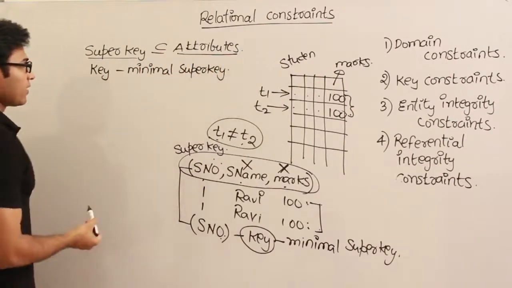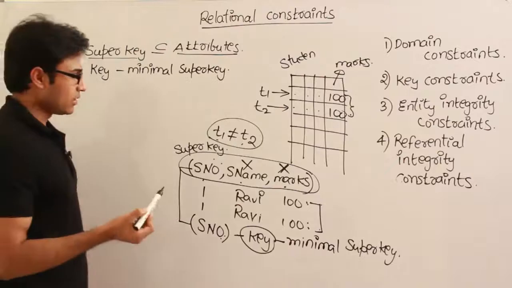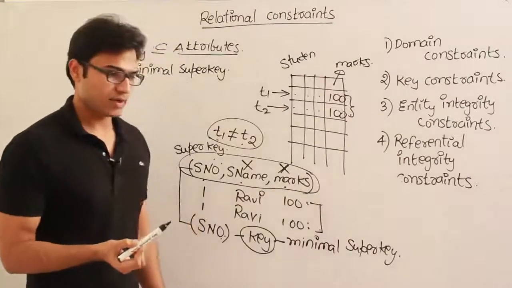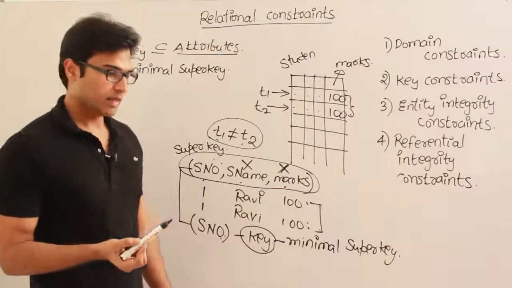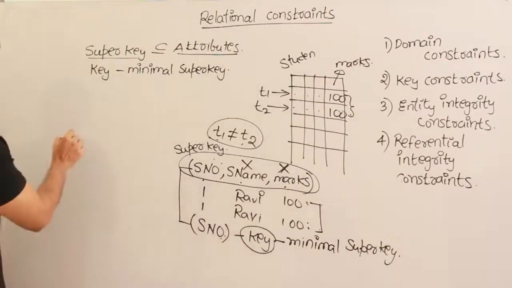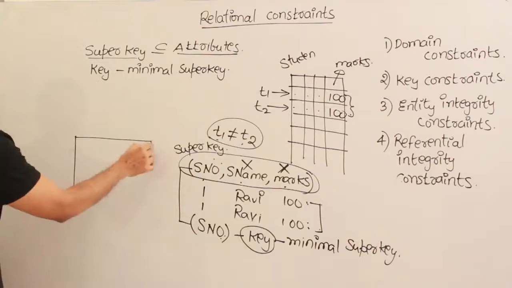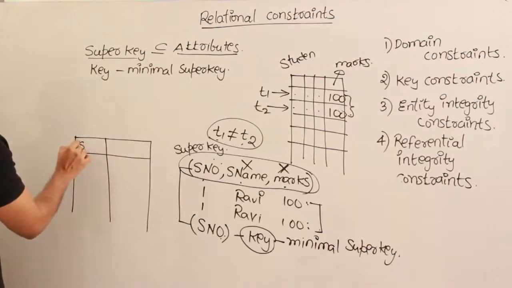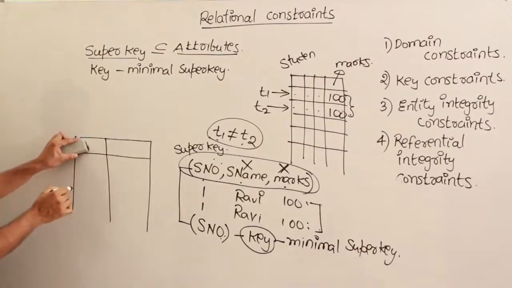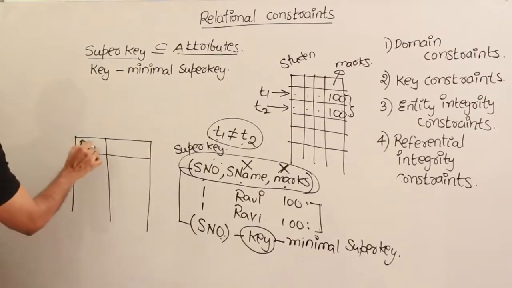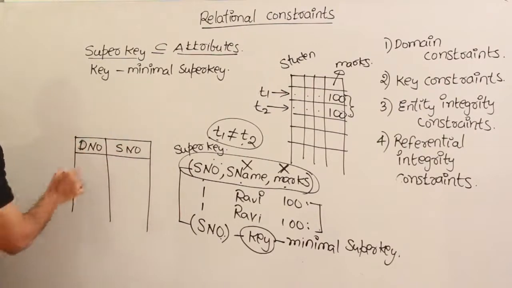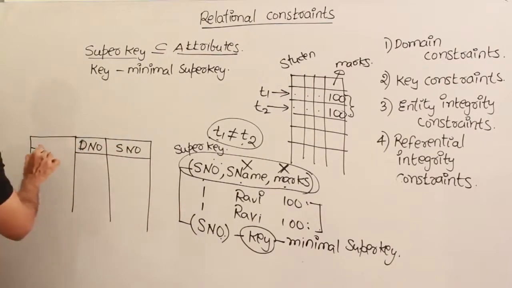Understanding this? Now you might think that a key should always contain only one attribute. No, let me think of an example for that. Let us say there is something called door number and street number. Door number and street number. Okay, and let us say there are person name